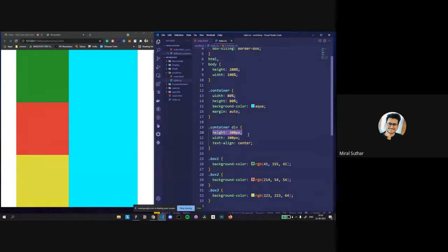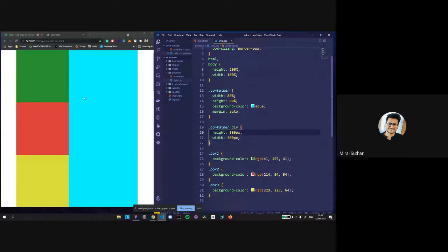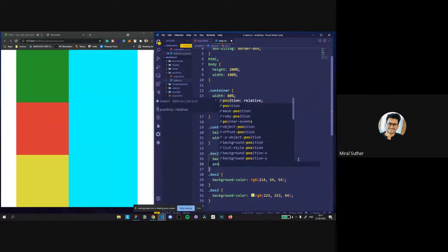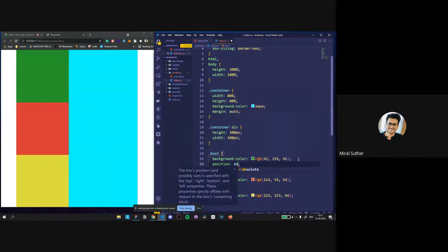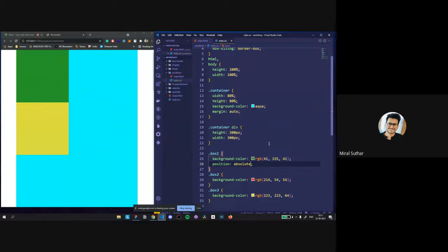You have applied the height and width of the container, and I had the text and removed it, sorry. So these are the 3 boxes we have created, given RGB colors over here, and the first one we're going to position is position absolute. If I give a position of absolute over here, see what it does. It just removes it.